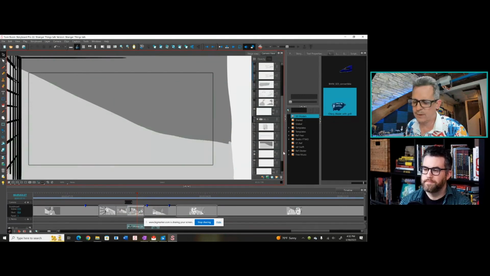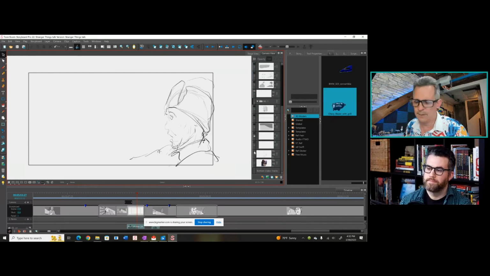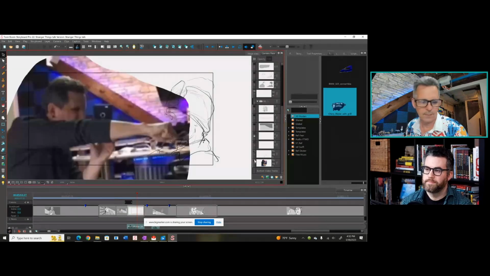I grouped all that together with the 2 characters. I got the background separate. But when I was thumbnailing, I thumbnailed Yuri on 1 layer. Let's see, where do I have? Oh, and I did a photo of myself as Hopper to put in there.